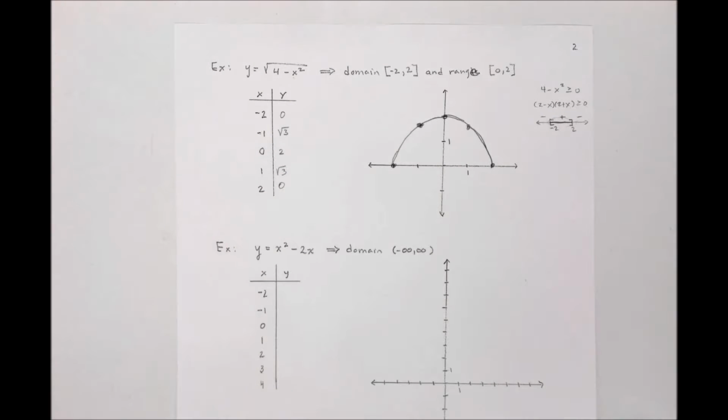Now in this next example, this is something you're probably a little bit more familiar with. Y equals x squared minus 2x, which you should know is a quadratic function, and the graph of which is a parabola. The domain for this,